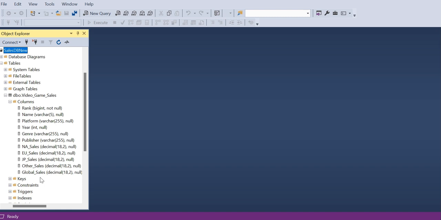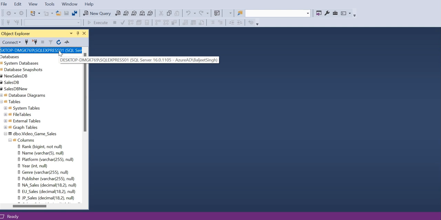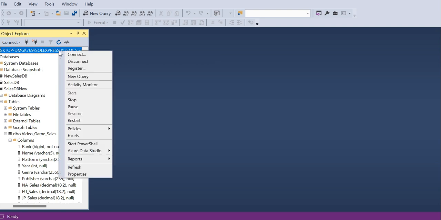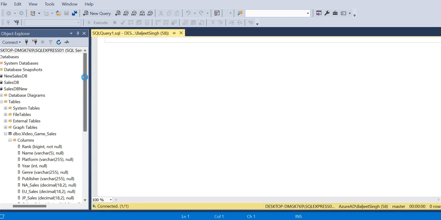Now let's go ahead and preview the data in the video game sales. Then we will just right click and go to new query. After this, the query window will pop up. Now if I want to use the database, I have to use a command.